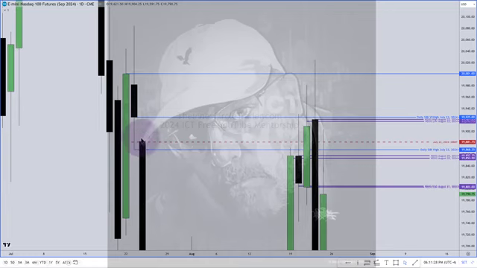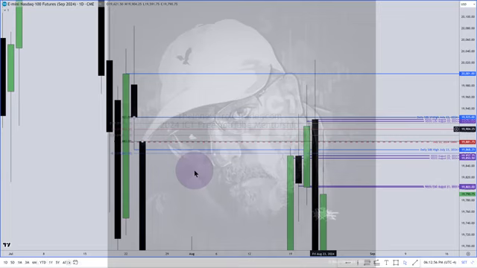Volume imbalance is the bodies have to touch minimum. If there's one tick difference, that's still a volume imbalance. Okay, so you want to be aware of that. So let's continue on. Now what I'm measuring here is the difference between the volume imbalance high on the daily